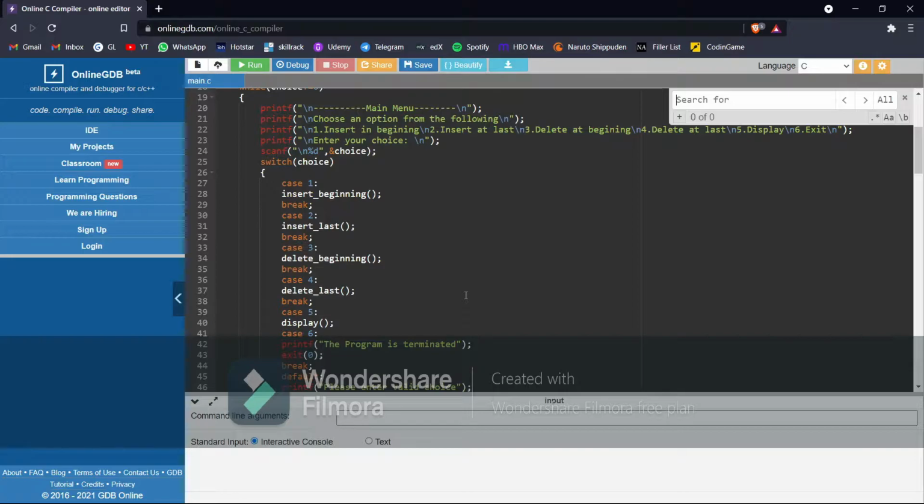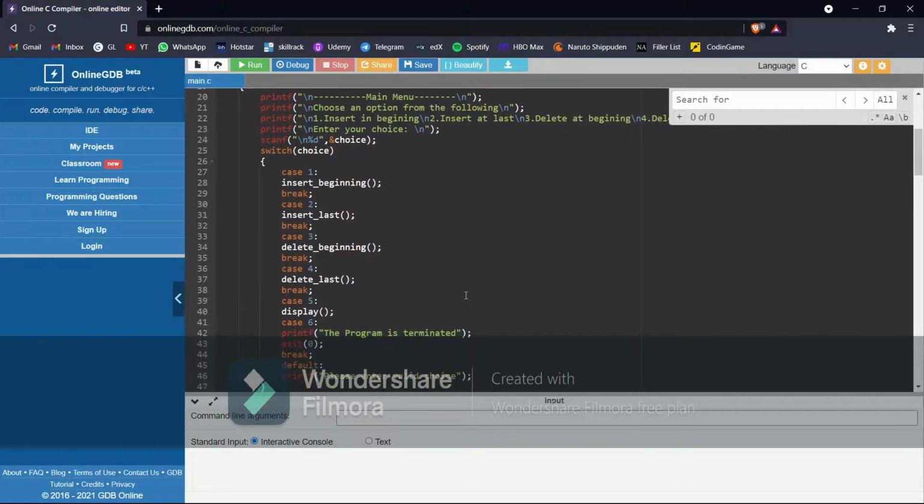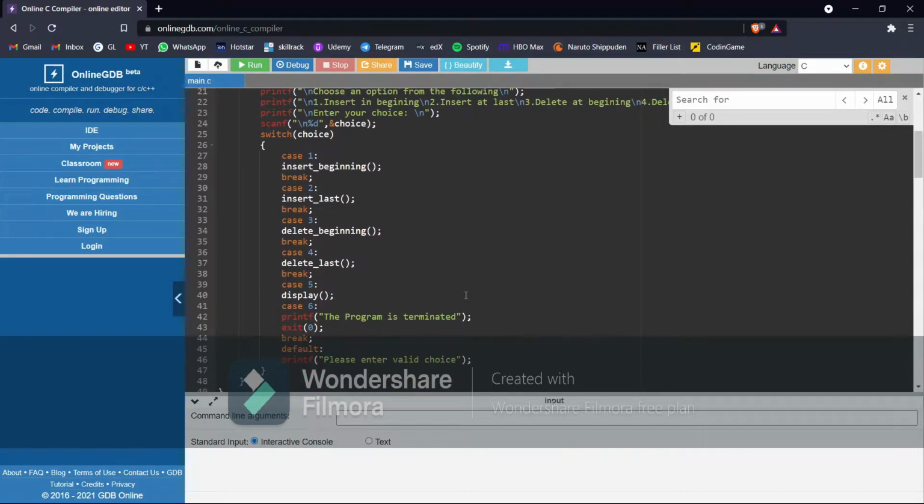If he enters 3, delete beginning will be invoked. If he enters 4, delete last will be invoked. If he enters 5, the display function will be invoked. If he enters 6, the statement "the program is terminated" will be printed and the program will be terminated. If he enters a wrong option, "please enter a valid choice" will be printed.